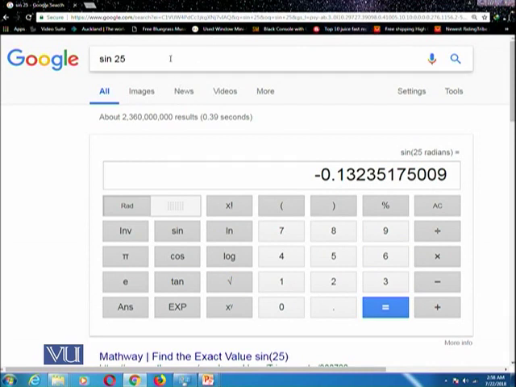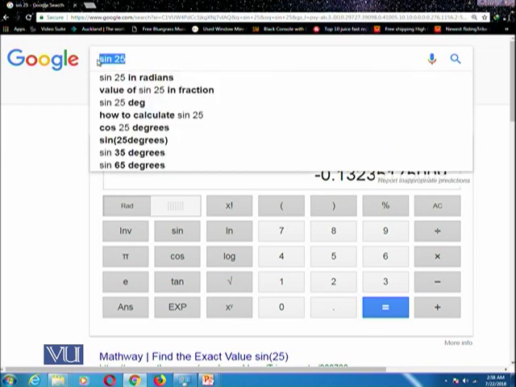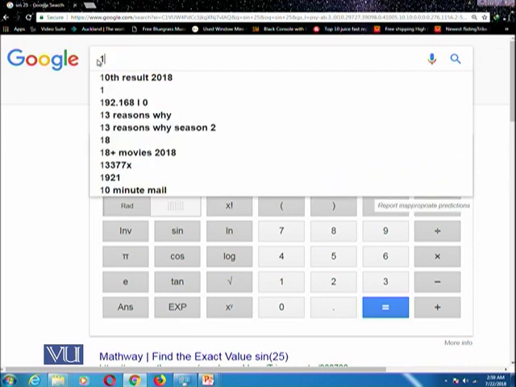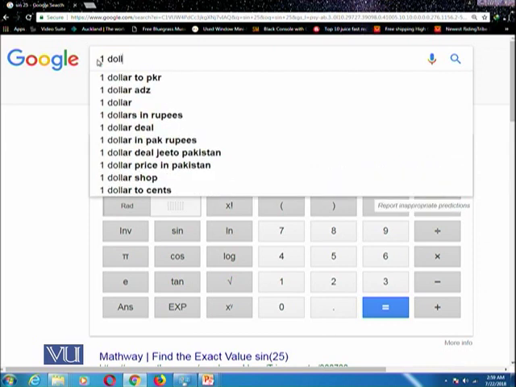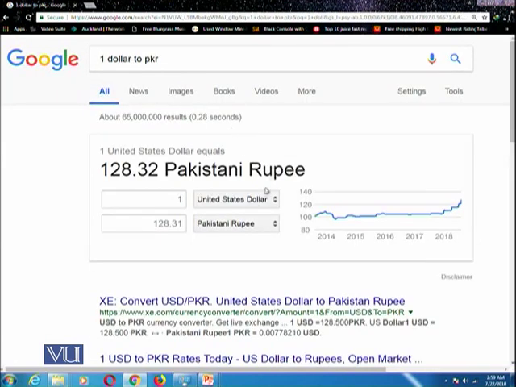Similarly, another query, for example, you want to calculate a currency conversion. For example, you want to see that at the moment $1 is equivalent to how many Pak rupees. You can just write this query here, $1, and it is also recommending different options. So you can select, for example, $1 to Pak rupees, and it is telling you that at the moment $1 is equivalent to